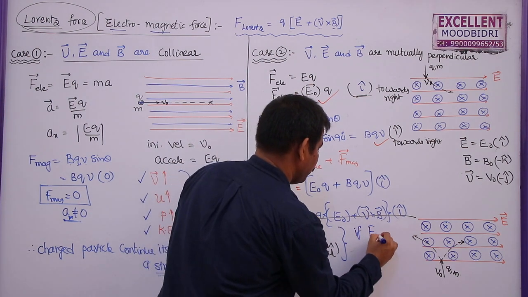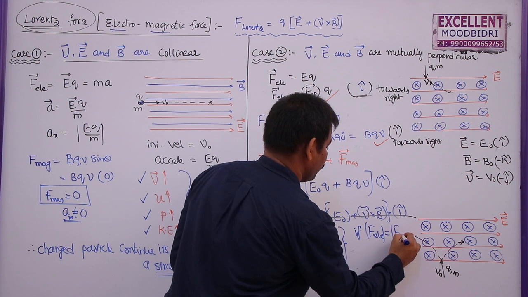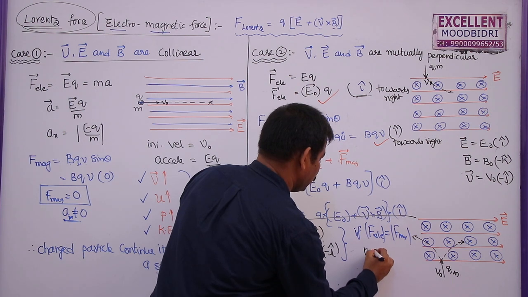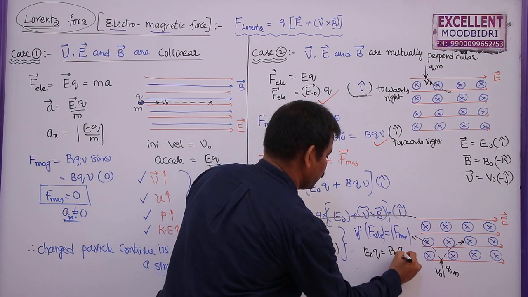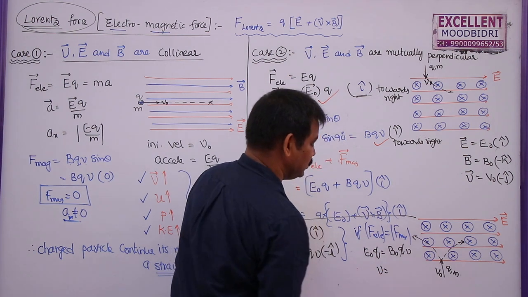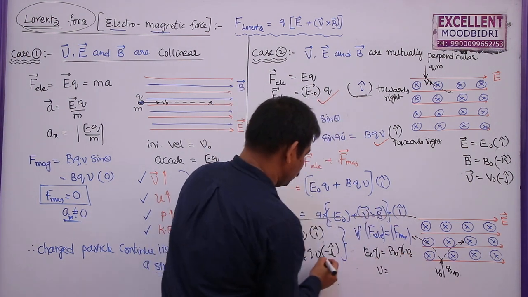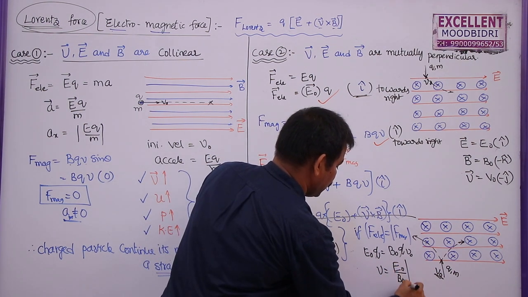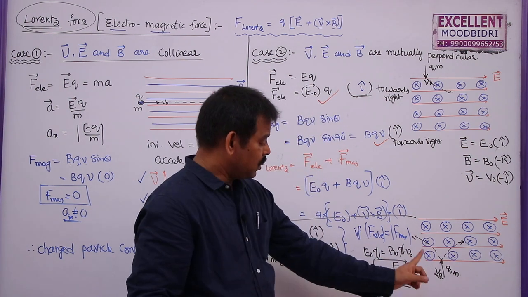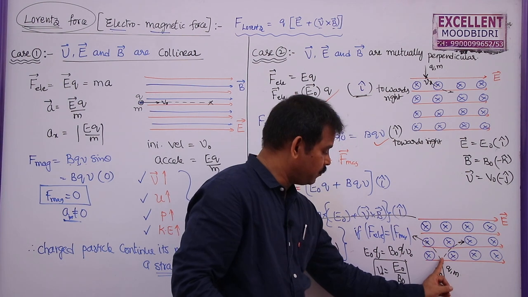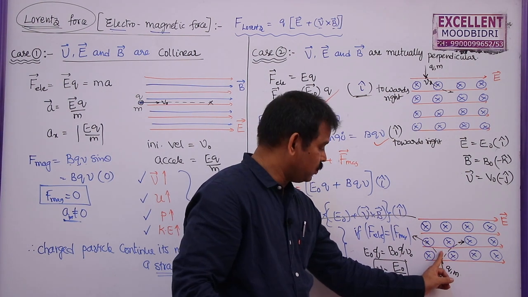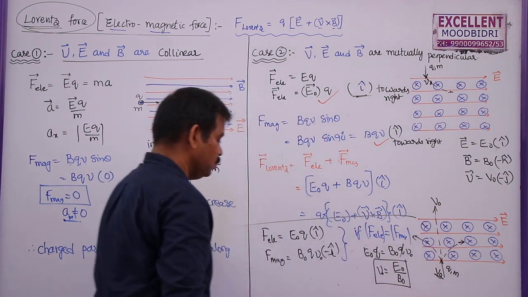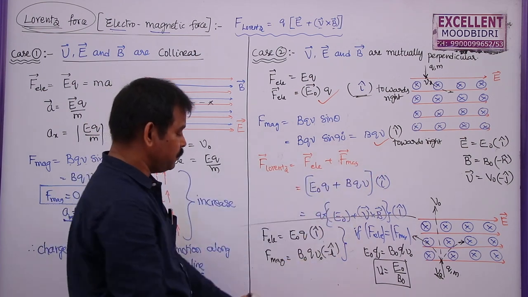If F electric is equal to F magnetic, that means if their magnitudes are equal, so in this case electric force is E naught Q, magnetic force is equal to B naught Q V, cancel. So the velocity of this charged particle, generally we denote this as V naught only because V naught is given, E is given by E naught by B naught. That means the velocity with which the charged particle enters into this combined field will be V naught only, the magnitude will not change, and as these two are equal, it will continue in the same direction with the same velocity. So the direction as well as the magnitude of velocity remains constant if these two are equal.